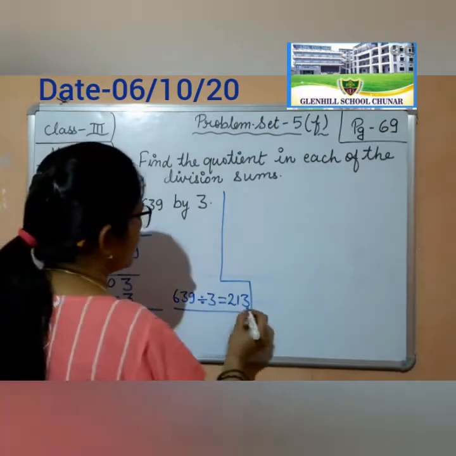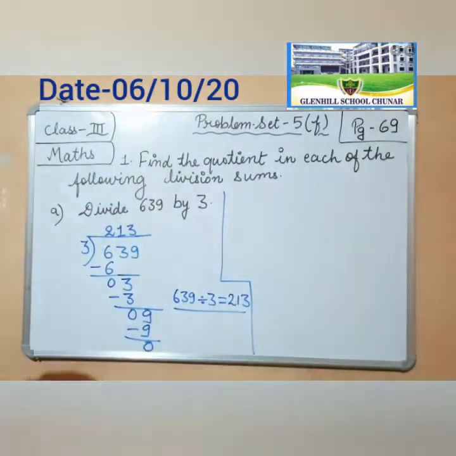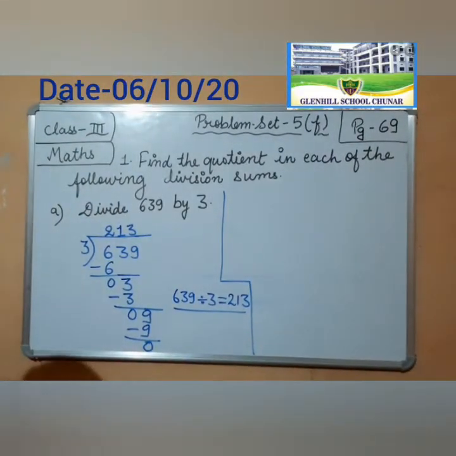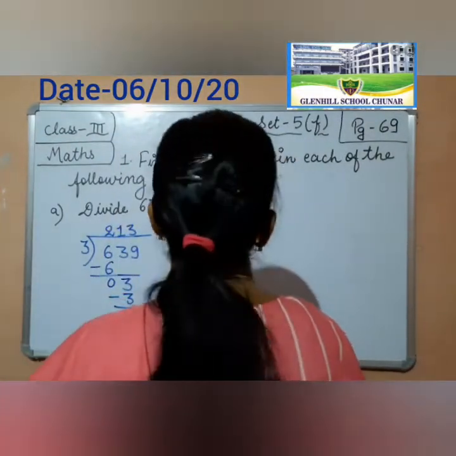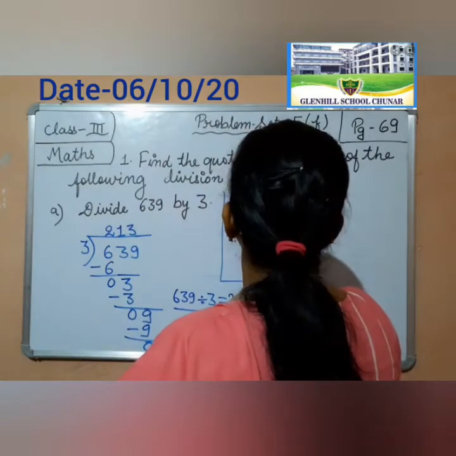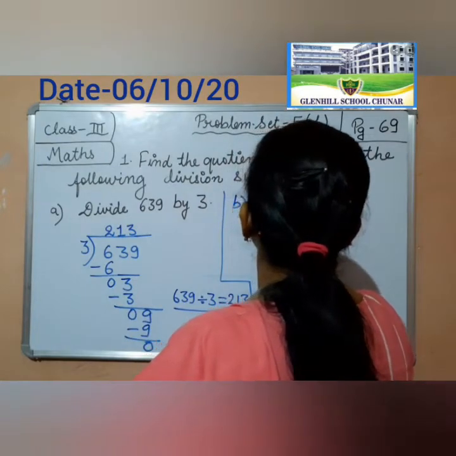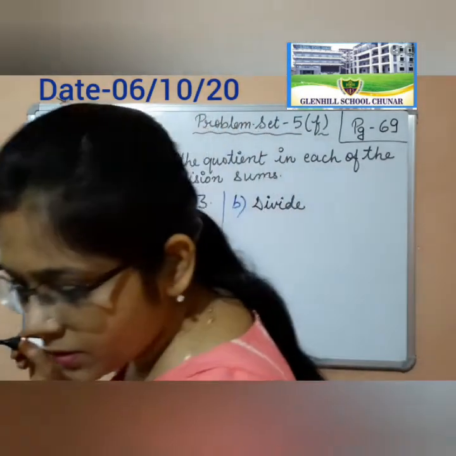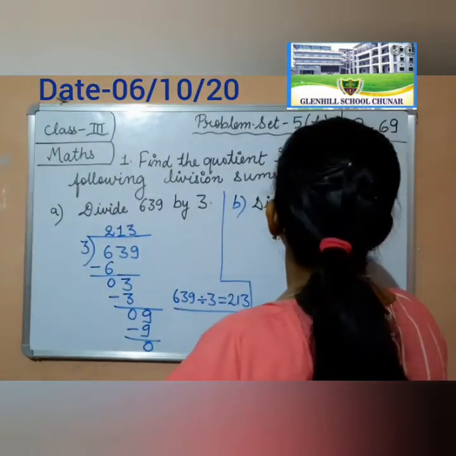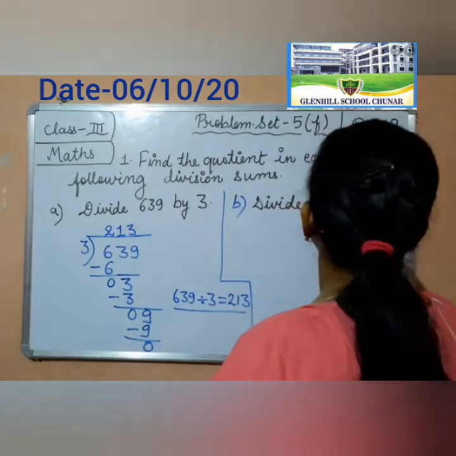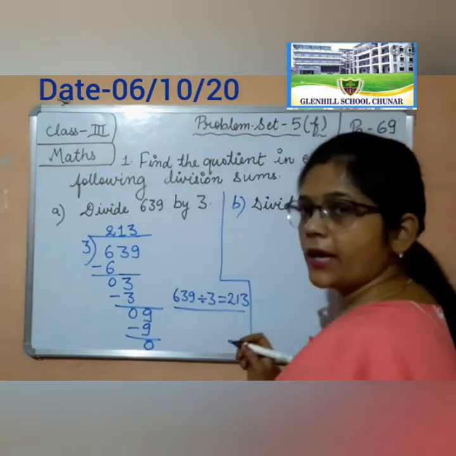Okay, it is the answer. Now B, divide 468 by 2. 468 by 2. Okay, so